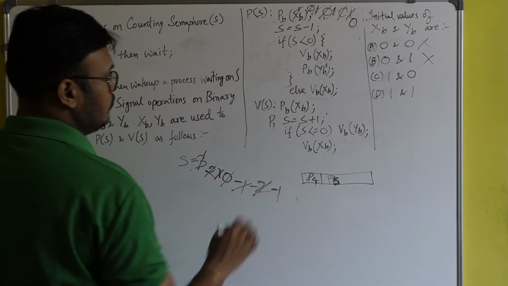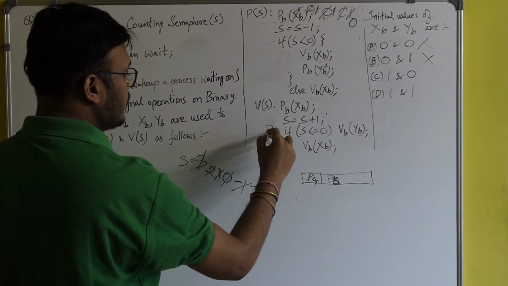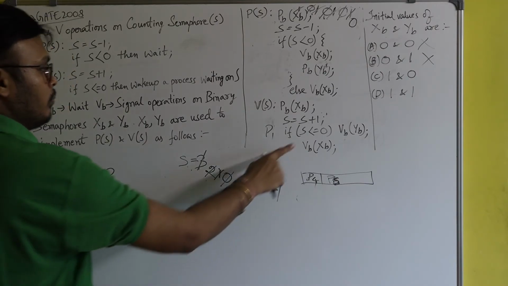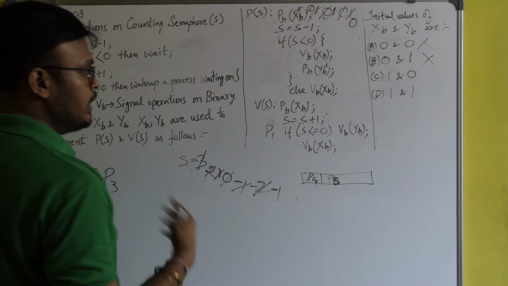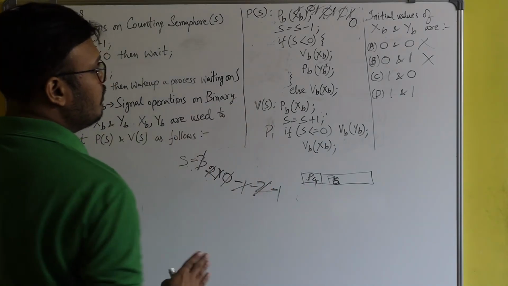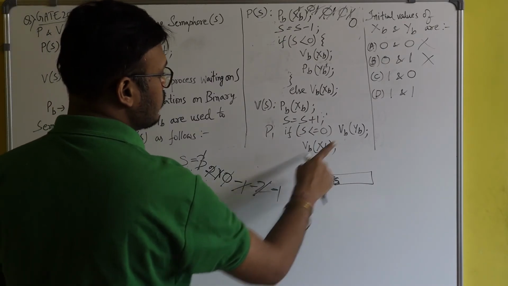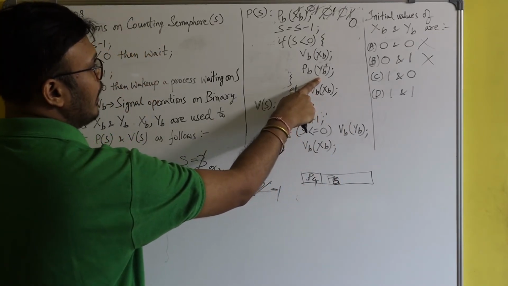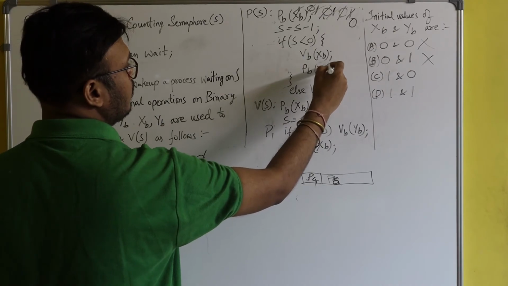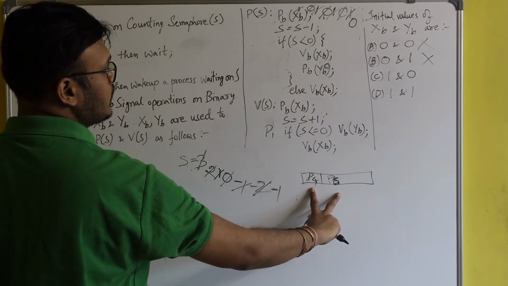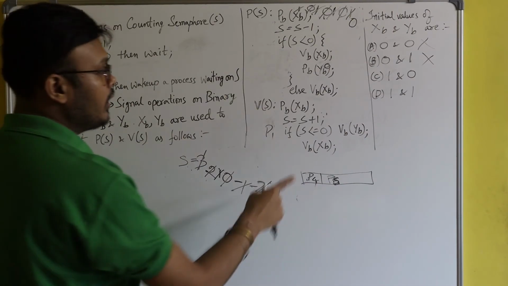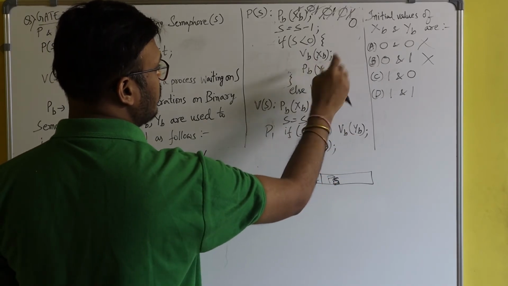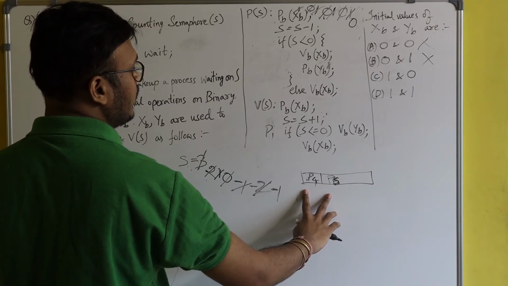After that, P1 will check this condition before leaving the critical section. If there is any blocked process, minus 1 is less than or equal to 0. Yes, there is a blocked process. So before leaving the critical section, P1 will wake that process. It will give signal VB of YB, and you see here the value of YB was 0. That's why the processes were getting blocked. So before coming out from the critical section, P1 will wake one process, thereby making YB as 1, so that one of the processes will get woken up.